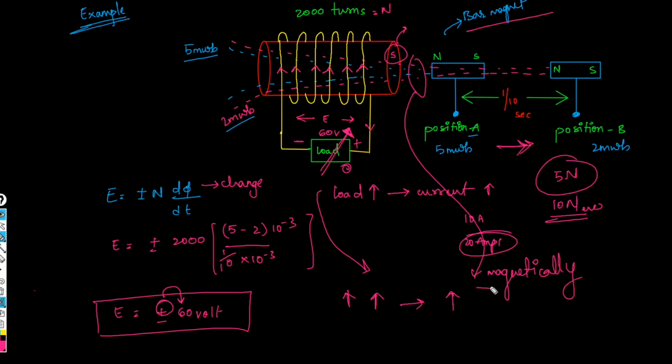Hope you have understood the concept of how electrical energy is being transferred through the magnetic field. This is the concept. Try to listen to the same video once again for getting clarity. So in this video we have covered three topics: Faraday's law, Lenz's law, and dot convention, which is a very simple concept, and how the magnetic field is responsible for the transfer of electrical energy from one circuit to another circuit without any physical means.